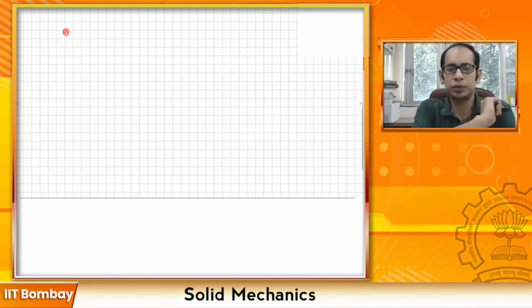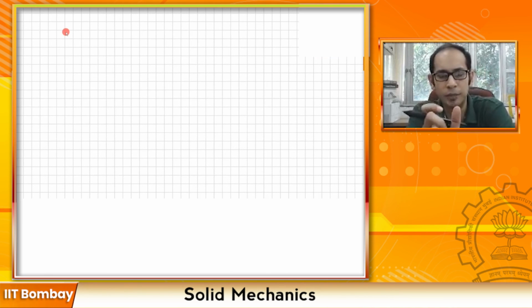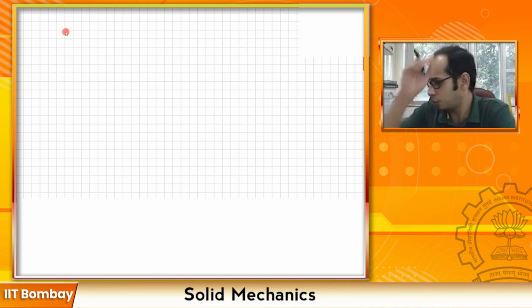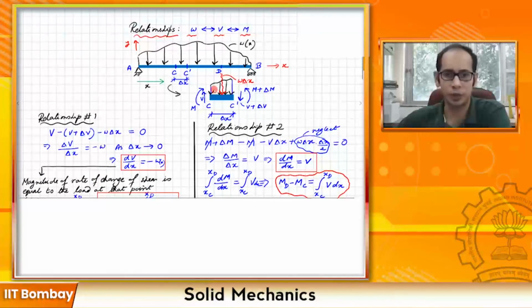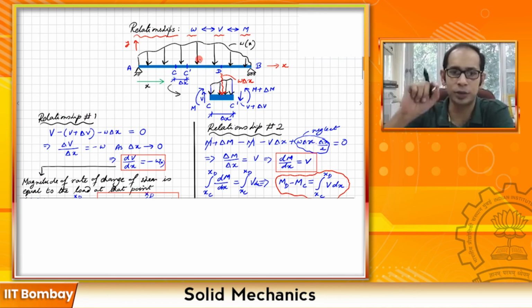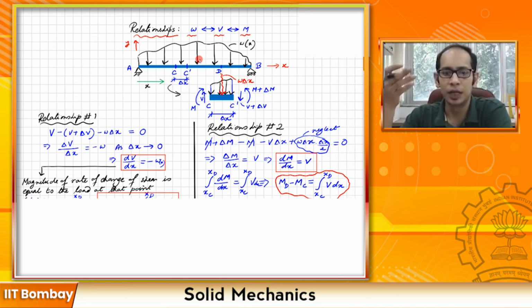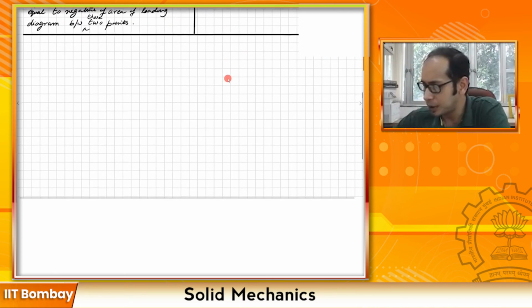Now, the relationships which we just looked at were for the case where that small element had the distributed load acting on top of it. Let me just scroll up the page and show you. This is what we had looked at. But for the next two relationships, and this is not always the case, because you can have a point load, you can have a concentrated moment. So the next two relationships, that is relationship 3 and relationship 4, relate to the point load and the concentrated moment that we have. So let's take